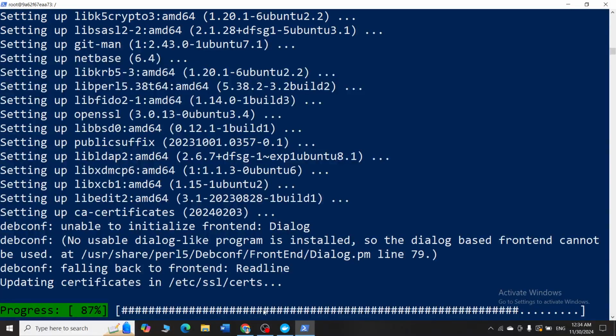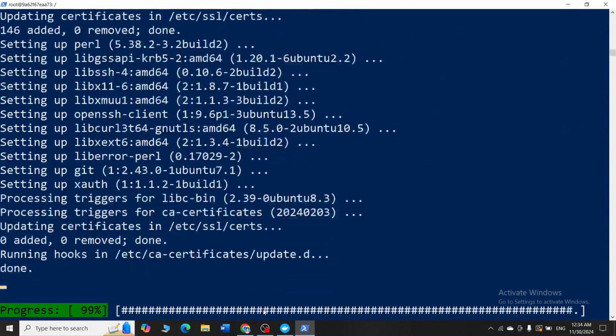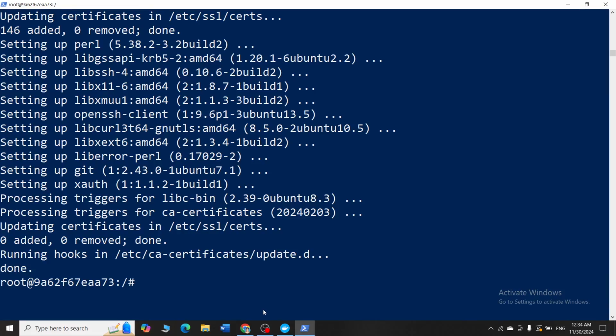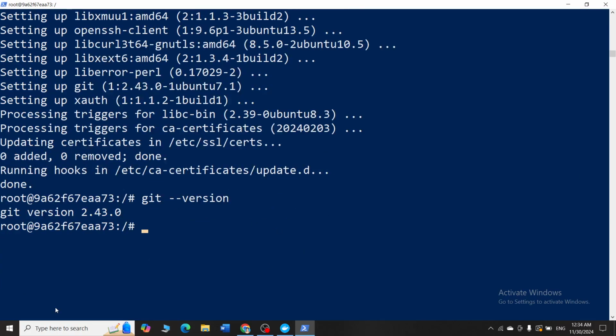So you can see that the installation of git is happening here. It's done. So now type git --version. And now you can see that my git is successfully installed into this particular container.